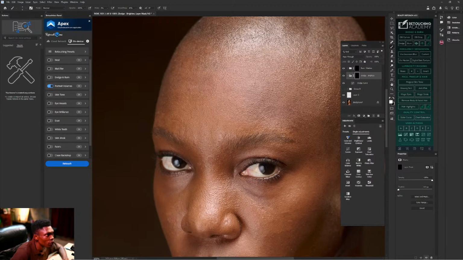So the advantage of this particular retouching, if you be person wey dey do beauty, you go charge extremely high, because this retouching dey retain all the details for the face. Na im be that this dodge and burn wey dey for retouch for me. E dey retain all the details for the face.